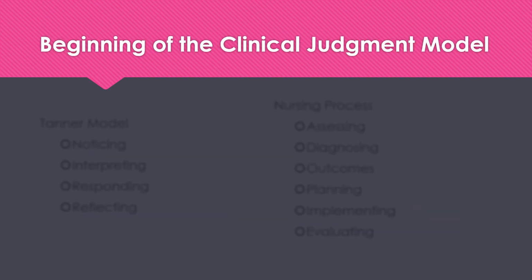One thing about nursing that you need to know is that our profession is full of amazing nurses who figured out a lot of ways to help us think, act, and practice to be the best nurses we can be. One of those people was Dr. Christine Tanner. She is credited with the Tanner model of clinical judgment, which is a way to help nurses critically think. Tanner's theory included 4 parts: noticing,